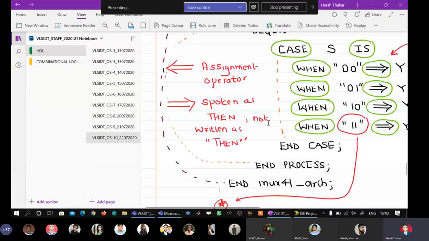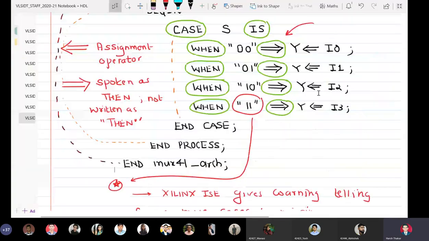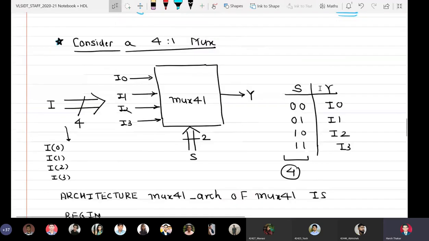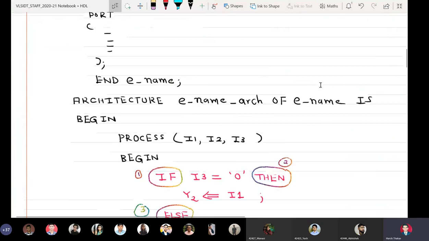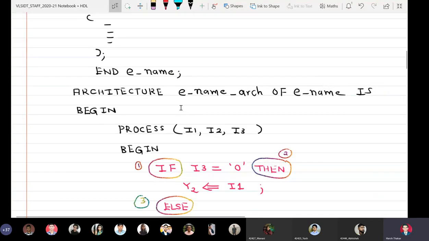So that was all from my side for today's session, and I'm happy that I already plan to give a demo of the tool. So henceforth, we are going to write programs in OneNote, the whole program from library statements till architecture body. Then we will type the same program in ISE and we will see. By repeatedly seeing the user interface of Xilinx ISE, all those who have installed ISE on their machines at home can also practice by referring to the video again.